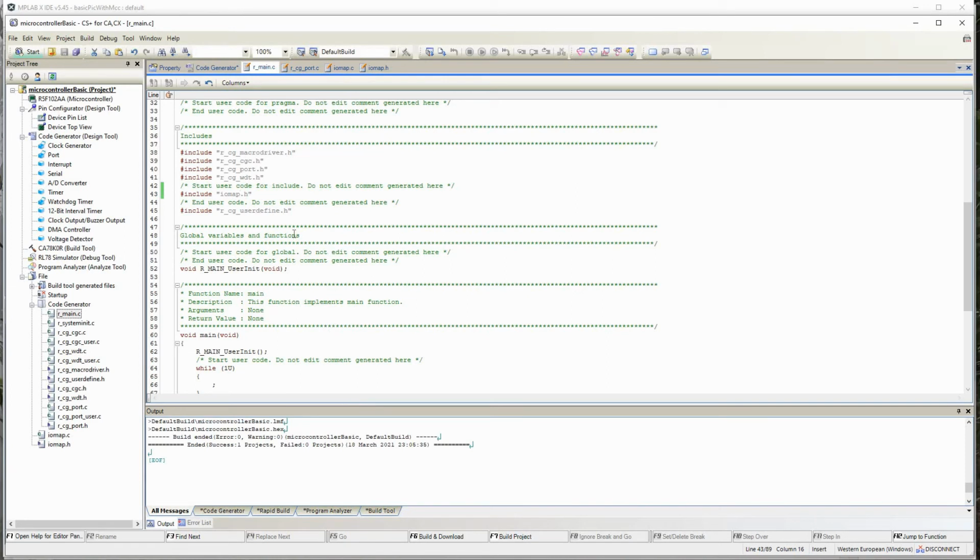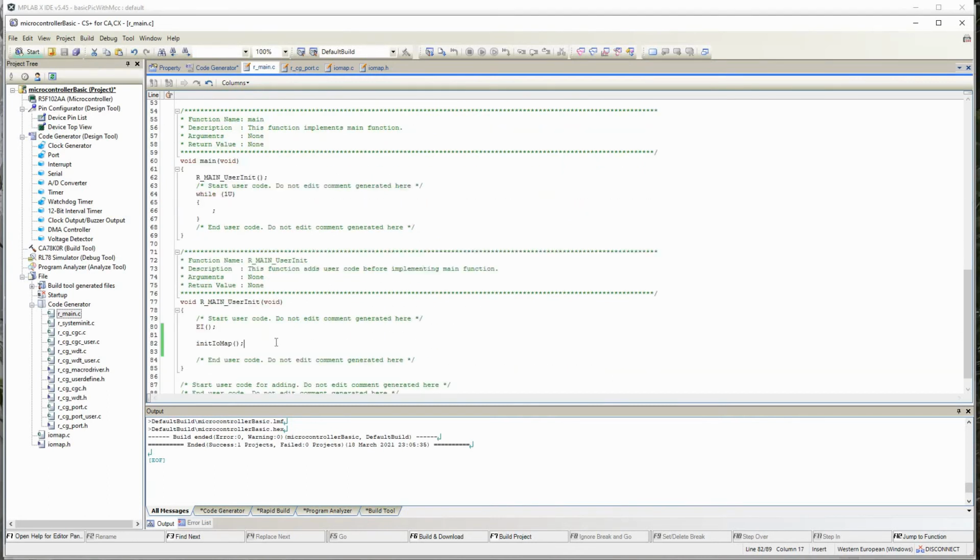But what happens as the code grows bigger, if you clean and build it, it will take a long time. Even if you change one variable from i equals 1 to i equals 2, only build will only build that edited file. Clean and build will remove everything, all the created files, and rebuild from the beginning. That takes time. So here I have initialized, and in the main let me